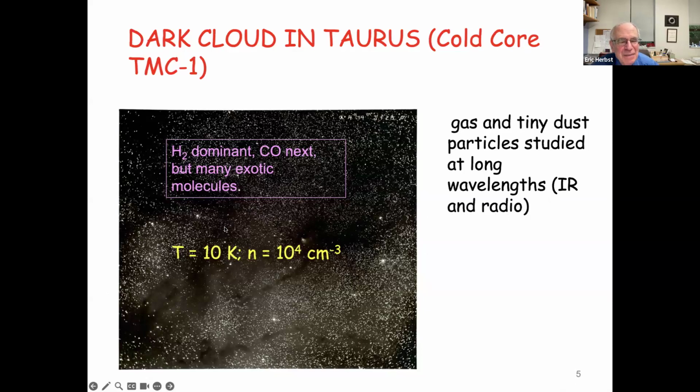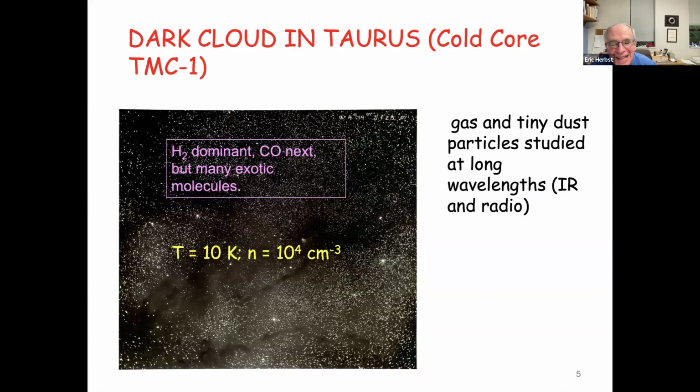And here's some information. The dark region here has a very low temperature, 10 Kelvin above absolute zero, and a density of 10 to the fourth per cubic centimeter. That is a very, very low density. I used to say to people that it was a perfect vacuum, lower than anything that could be done on Earth. But it turns out that's wrong now. I was told by a speaker that you could actually get to an even lower density.